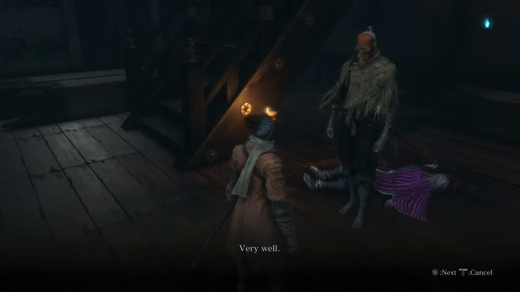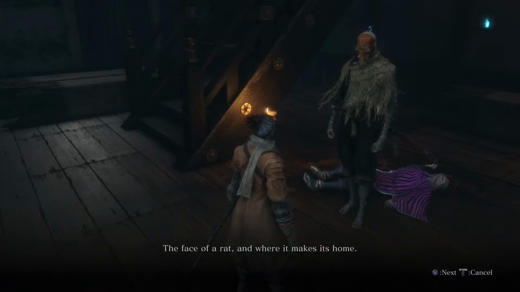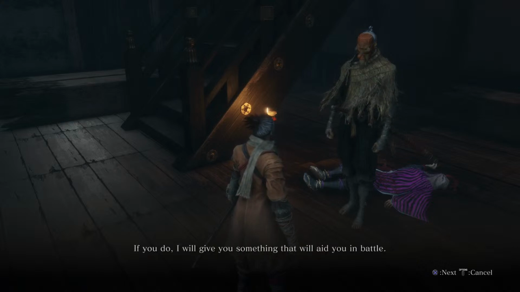Absolutely. 承知した。よし、赤炉よ。ならばこれをくれてやる。Rat description. A description of the rats that have snuck into Ashina. Speak to the Tengu again once the rats are dealt with. The rats, assassins from Senpo Temple. Short stature, wear bamboo hats. A number of rats are lurking about, last seen around Ashina Castle Gate. これはネズミの顔、それと巣穴じゃ。切ってまいれ。さすればお主の戦に役立つものをやろう。